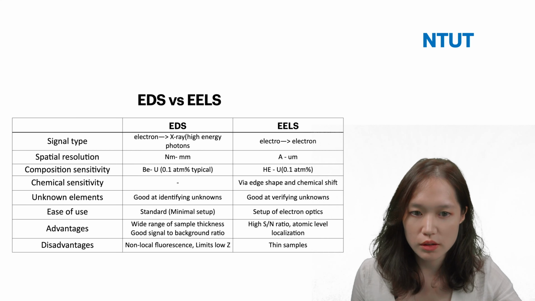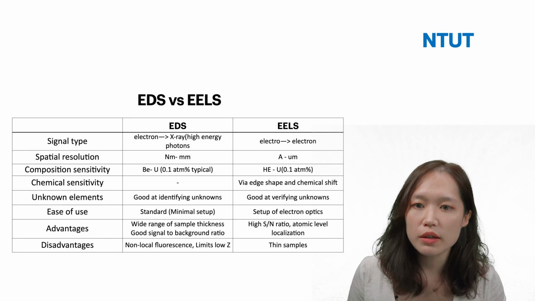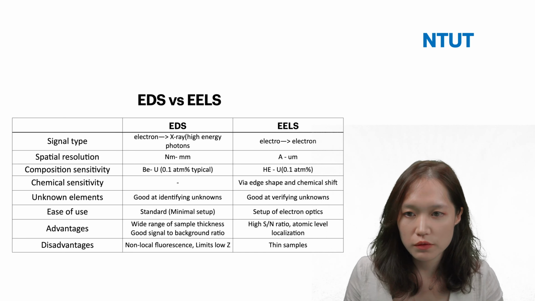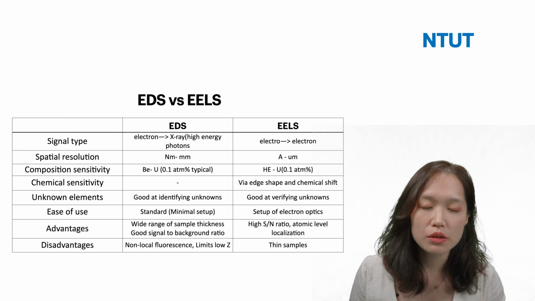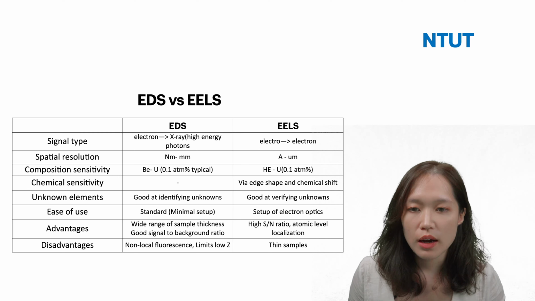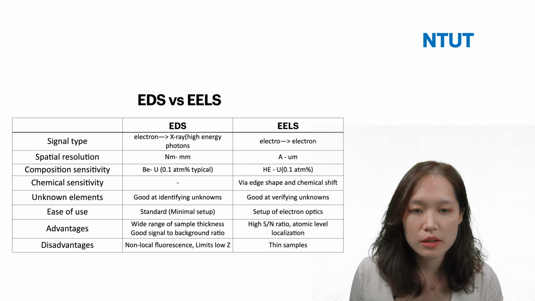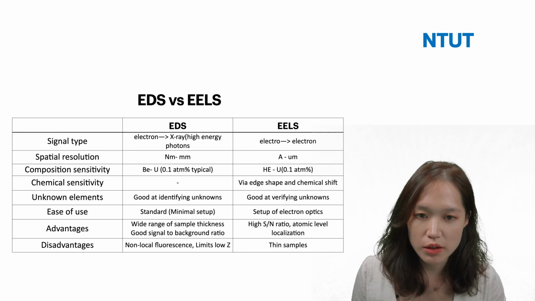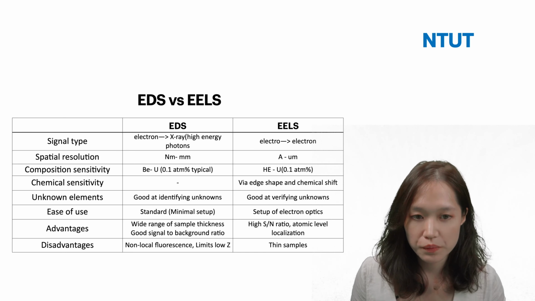So that's giving us information of how each type can be different and how we can scan the elements. The difference between EELS and EDS, which we have learned from doing with SEM, is that EELS also includes chemical and compositional data available at atomic level, and it's also highly localized. While EDS is unlimited on the thickness because we're dealing with the surface and a high signal to background ratio.